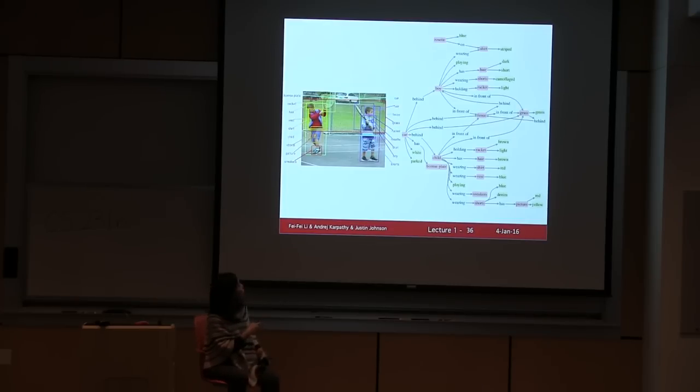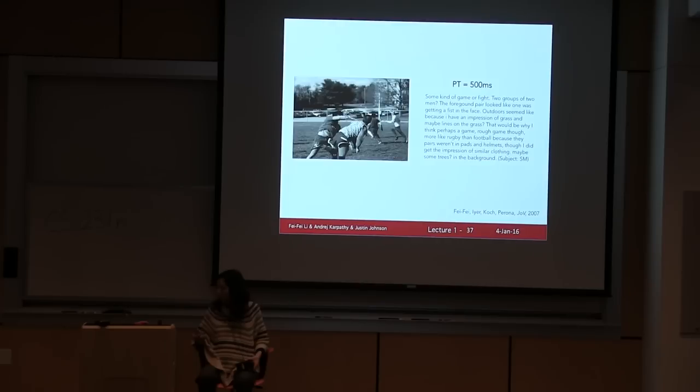Beyond just putting labels on a scene, you actually want to deeply understand a picture, what people are doing, what the relationships between objects are. This is an ongoing project called Visual Genome in my lab that Justin and a number of my students are involved in. It goes far beyond the image classification we talked about.